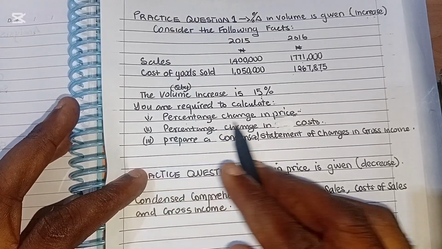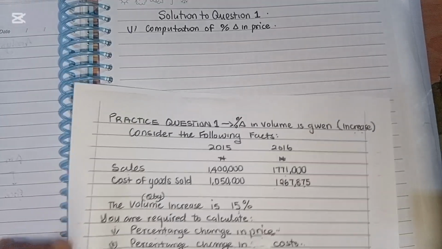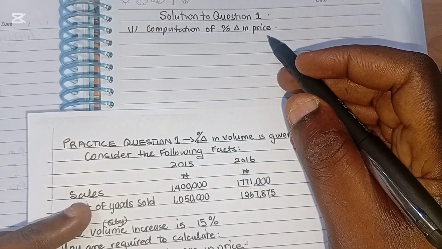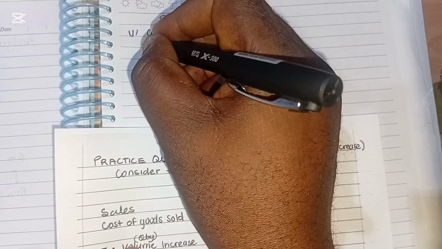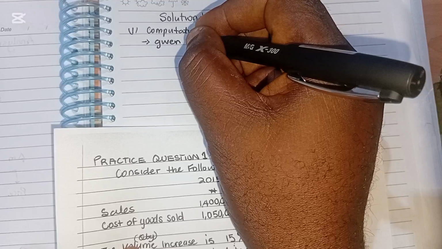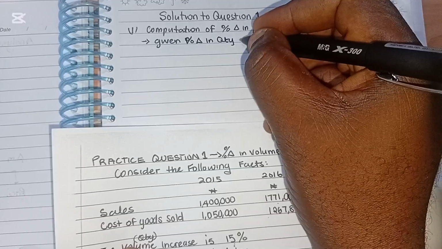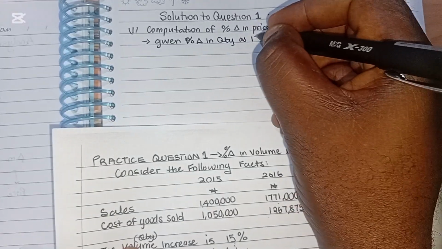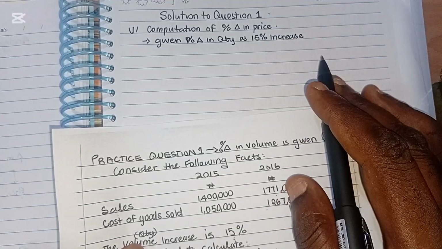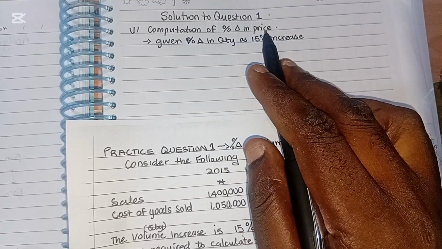Now, how do we calculate the percentage change in price? You need a computation. So let's look at this. We have computation of percentage change in price. We know that, given percentage change in quantity as 15% increase. We know this as 15% increase. Okay, so based on this, since we are looking for percentage change in price, we